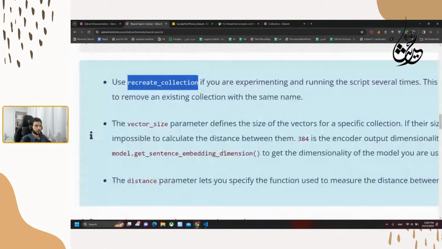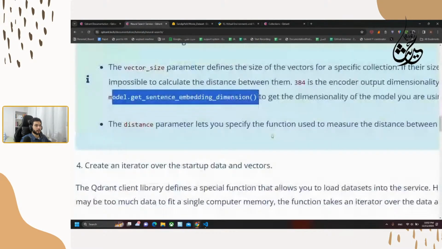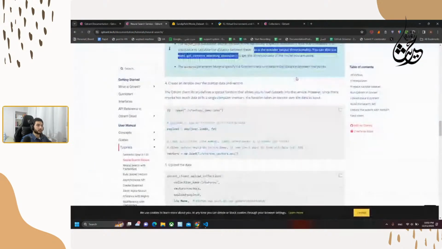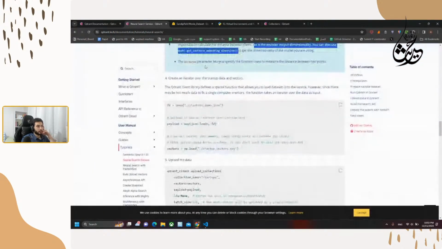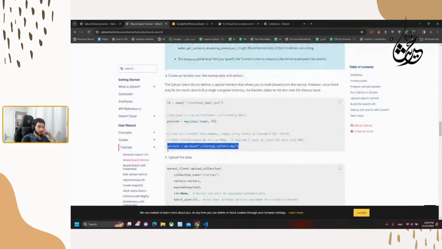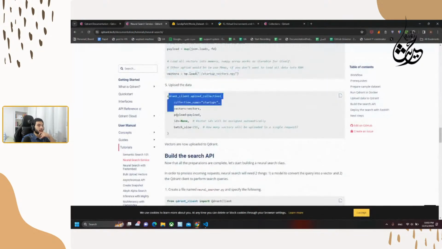Okay, and here they are talking about how we could get that 384 in a dynamic way. Let's just go and see what we are having. They open the file, get the payload, upload it, and then they loaded the vectors. Then we upload that data